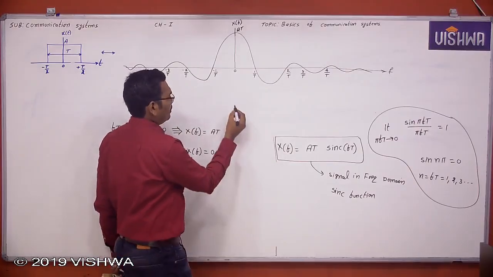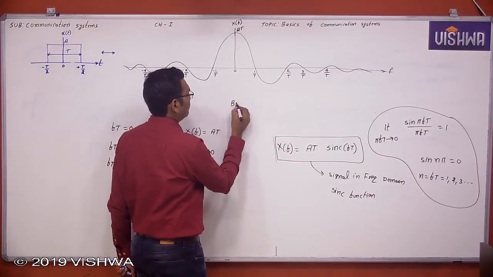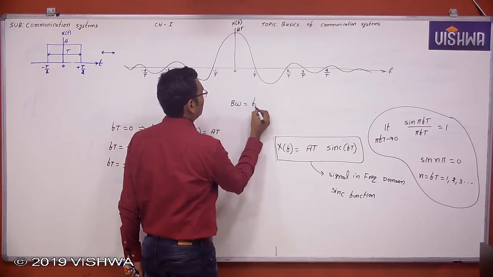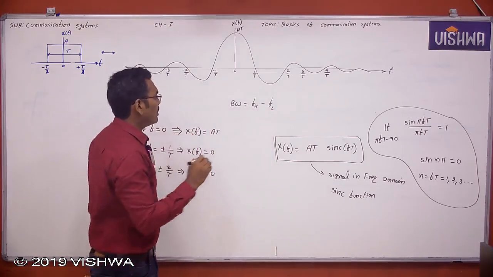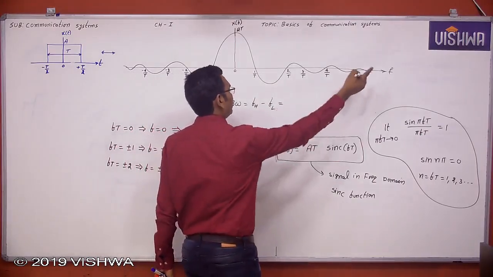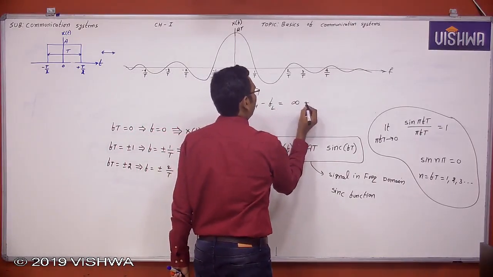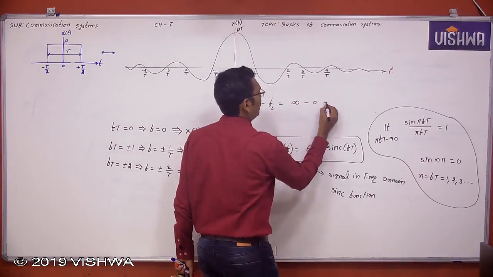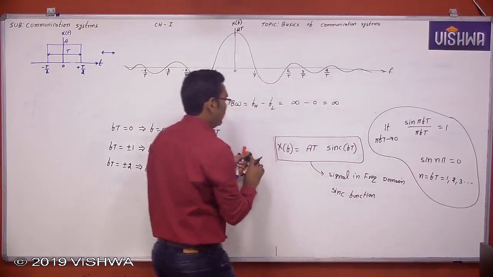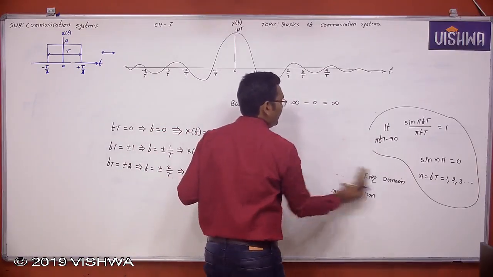Okay. Now what is the bandwidth? Highest frequency minus lowest frequency, right? Now what is the highest frequency? The highest frequency is infinity, minus lowest frequency is 0. So bandwidth is infinity. And some of you are writing that